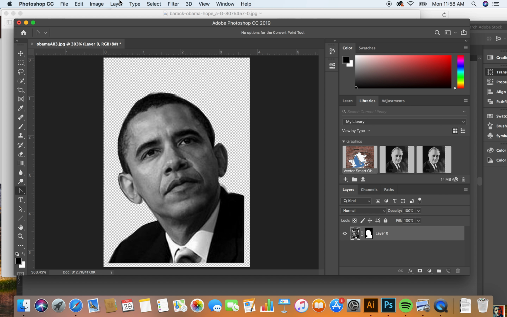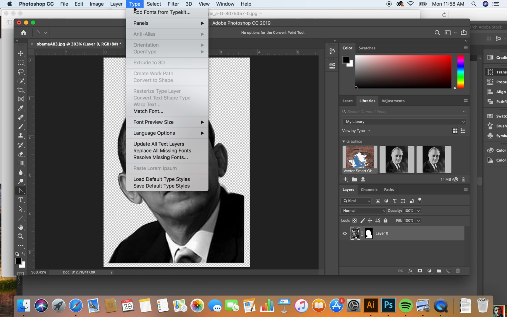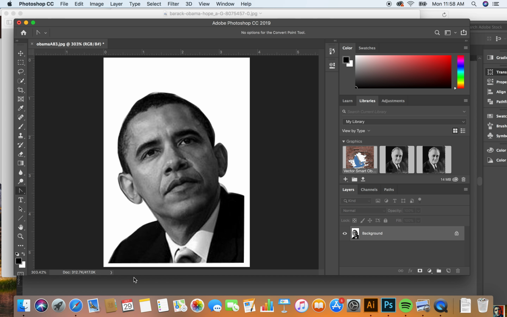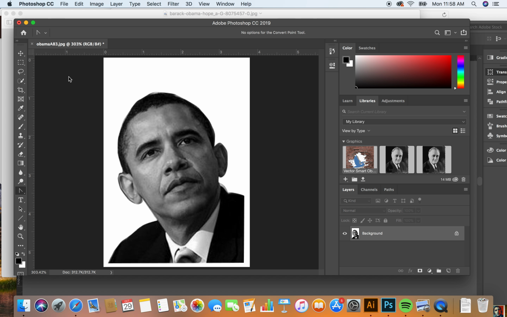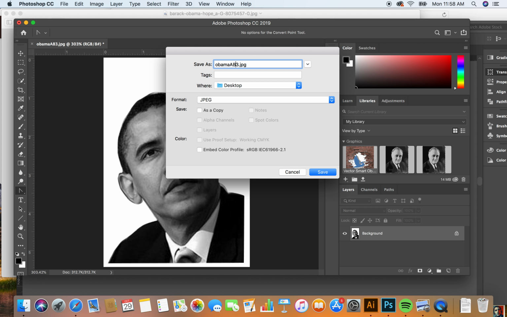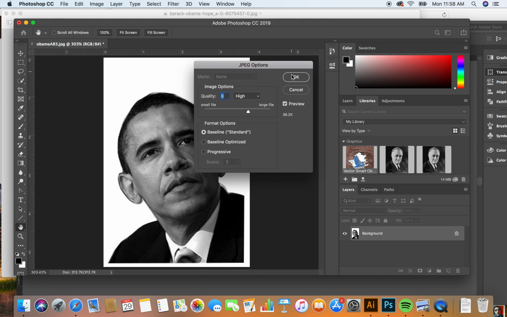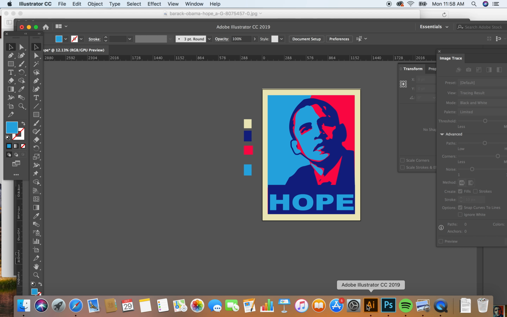Now I'm going to flatten my layer. So I'll go to the top of the screen, find the Layer drop down, and scroll all the way down to Flatten Image. And then the last step is to save it. All right, now let's go ahead to